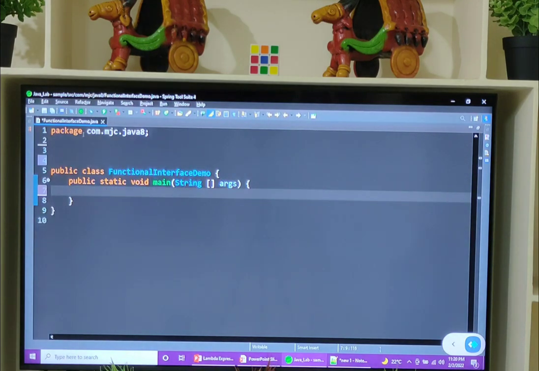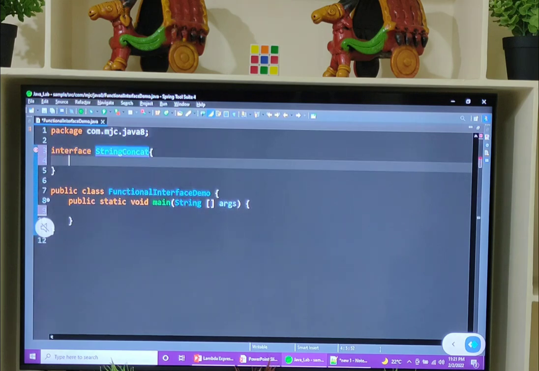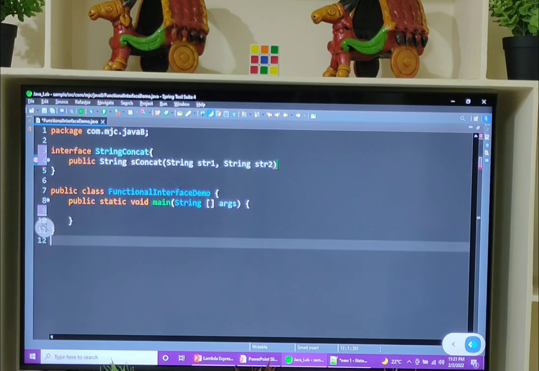Let's take one more example in order to understand more on these functional interfaces and lambda expressions. So now I need to do string concatenation using a functional interface. Interface StringConcat. This interface is containing public String concat(String str1, String str2).